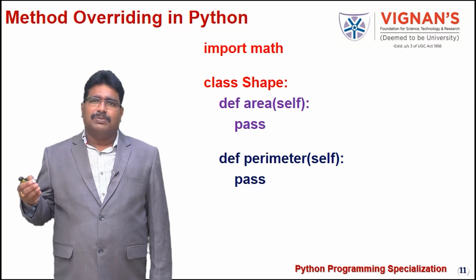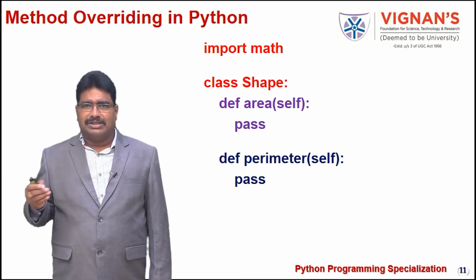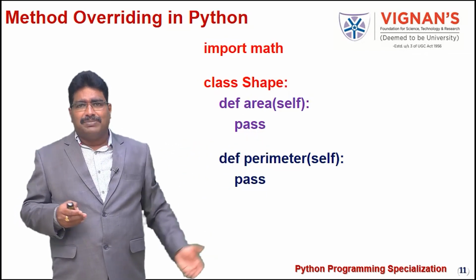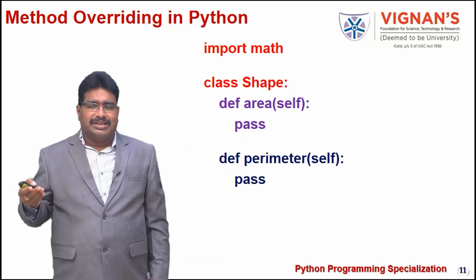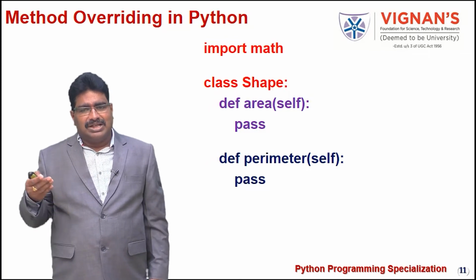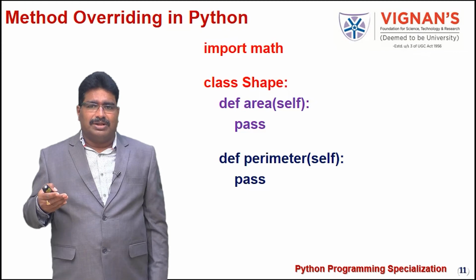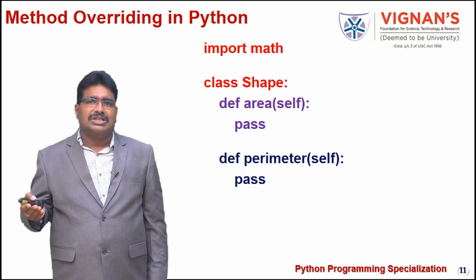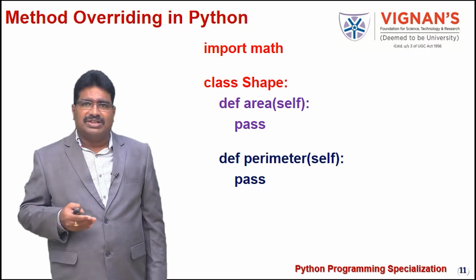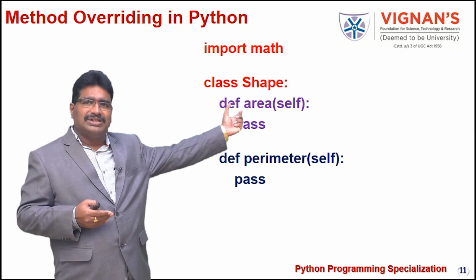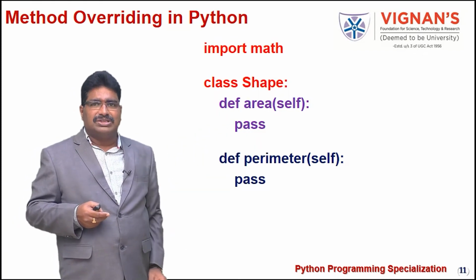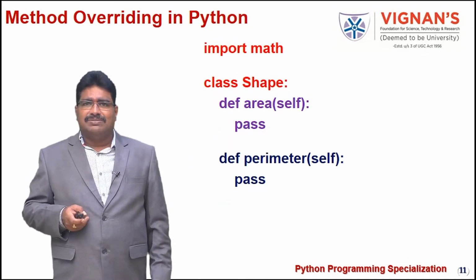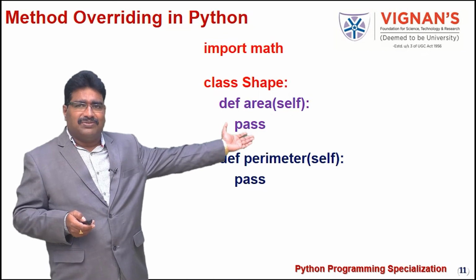So here we define the class named Shape, and we define the methods perimeter and area. We do not define in the base class how to calculate these, because based on the object, the formula varies. If it is a rectangle, the area calculation formula varies, and similarly for a square the parameters and formula vary. Perimeter is also calculated with a different equation depending on the object. For that reason, in the base class we simply define the methods without any statements. We define area and pass, so there are no statements to calculate the area. Similarly, perimeter is also defined as an empty function.